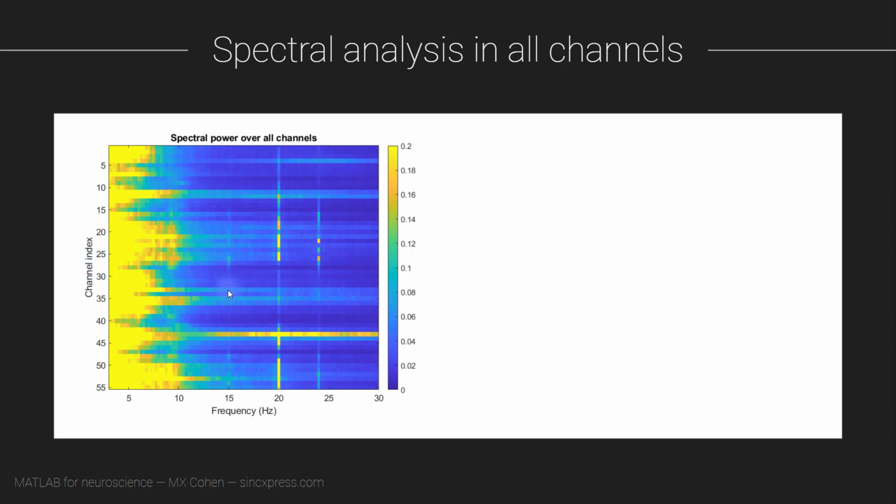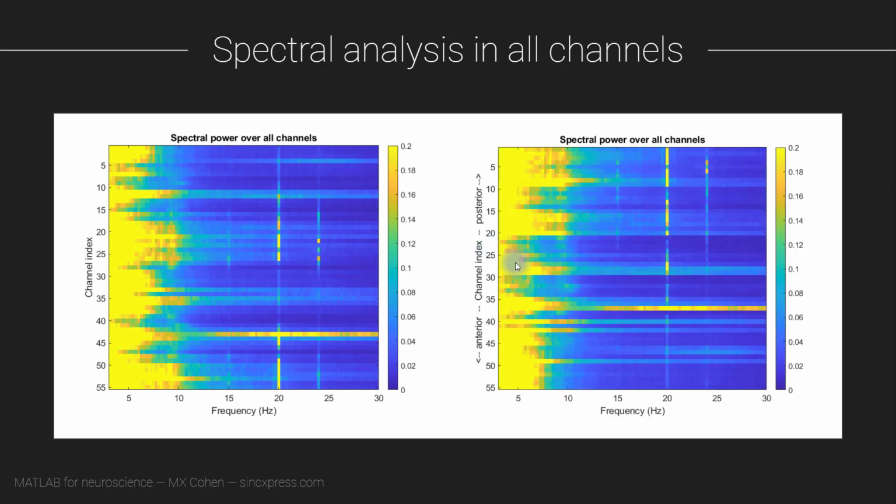So what we're going to do next is sort this data matrix row-wise such that the anterior channels, so the channels that are closer to the face, are here at the bottom of the matrix, and the posterior channels, so the channels towards the back of the head, are plotted up here towards the top of the matrix. Now keep in mind that these two images show exactly the same data,